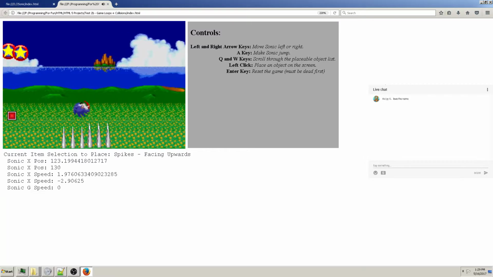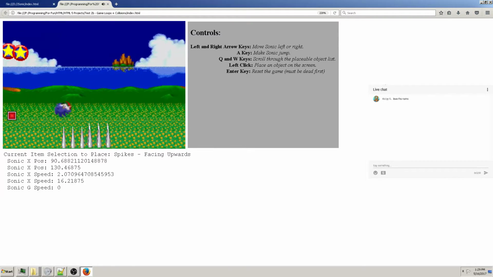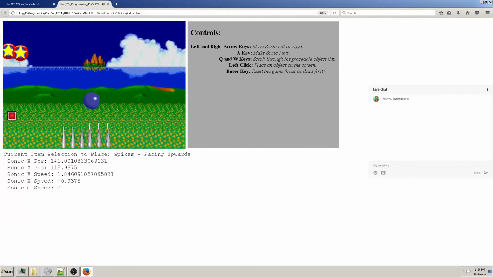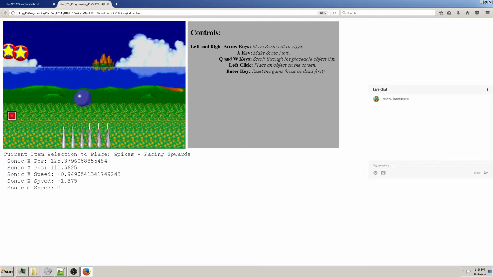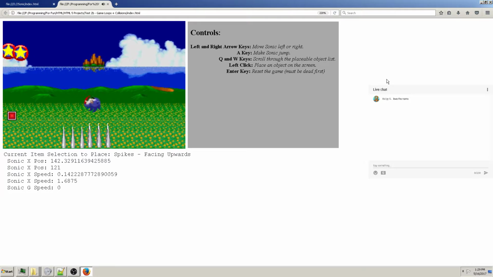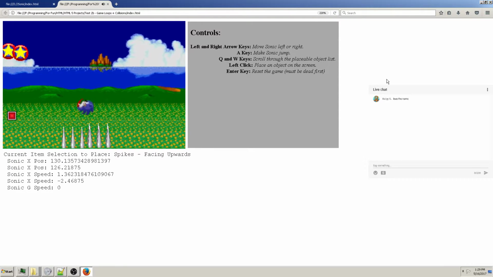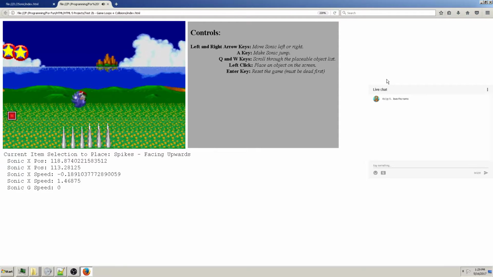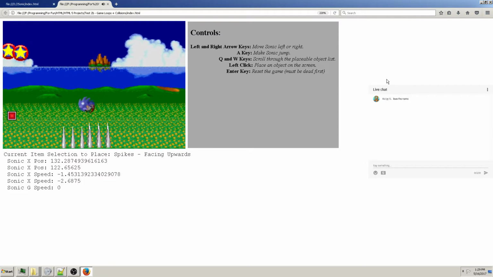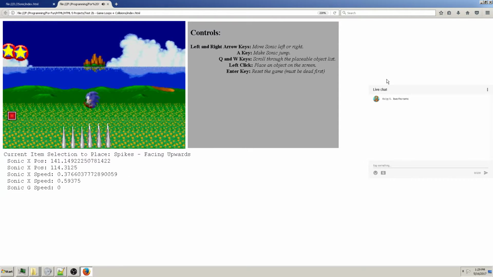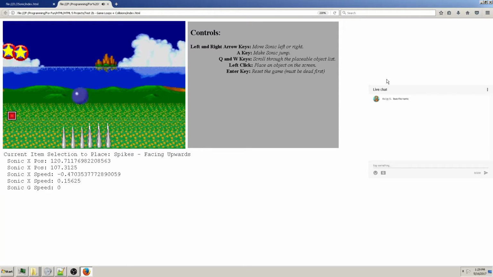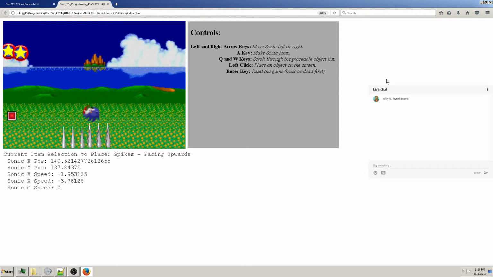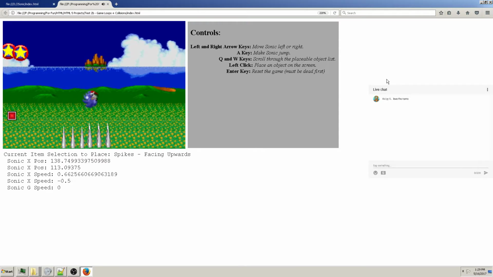the movement has improved and everything. One thing I did not put into this version of it that I have now is control locks. Certain objects will lock the controls. There's a value in Sonic that decrements, and when that is 0, you can move again, but while it's not 0,